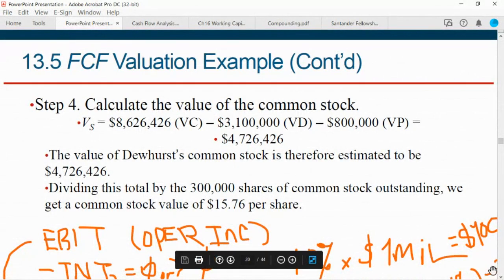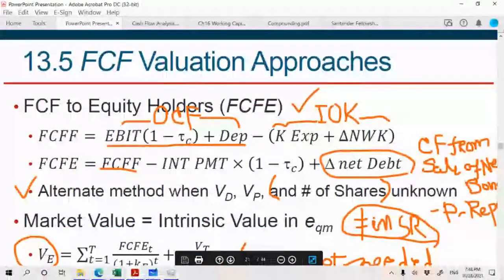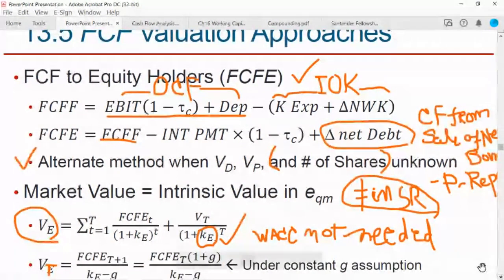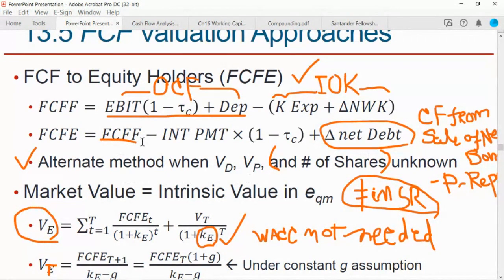I was just about to continue with this. So as I said, we have 2 categories of free cash flow. One is free cash flow to the firm, and that's what we have used. And then we have free cash flow to the equity holders. And think about it. Some of the free cash flow belongs to the